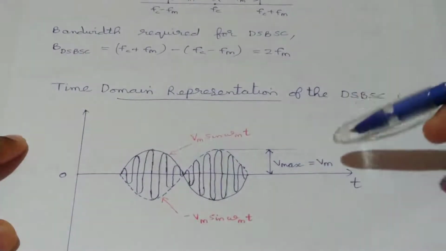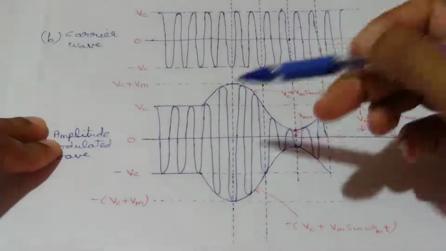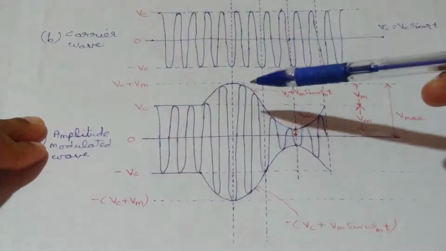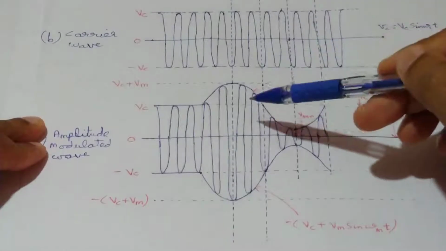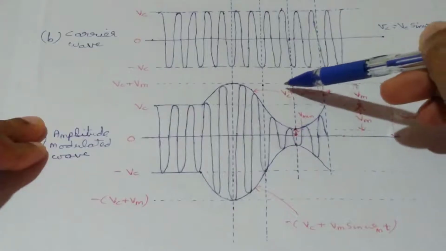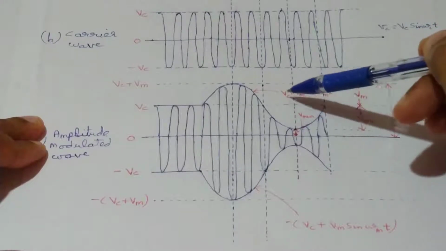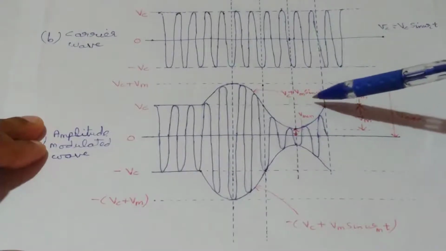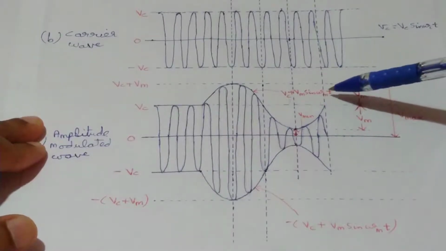So consider that basic AM wave again. So this is our basic amplitude modulated wave. In this basic amplitude modulated wave, we have three components: the carrier component, lower sideband component, and upper sideband component. But in our double sideband suppressed carrier wave, we have no carrier component. So this Vc term is actually 0. So what will happen when this Vc component goes to 0? When this Vc component goes to 0, the equation for the top envelope will be 0 plus Vm sin omega mt, or Vm sin omega mt. So it will look like a normal sine wave.